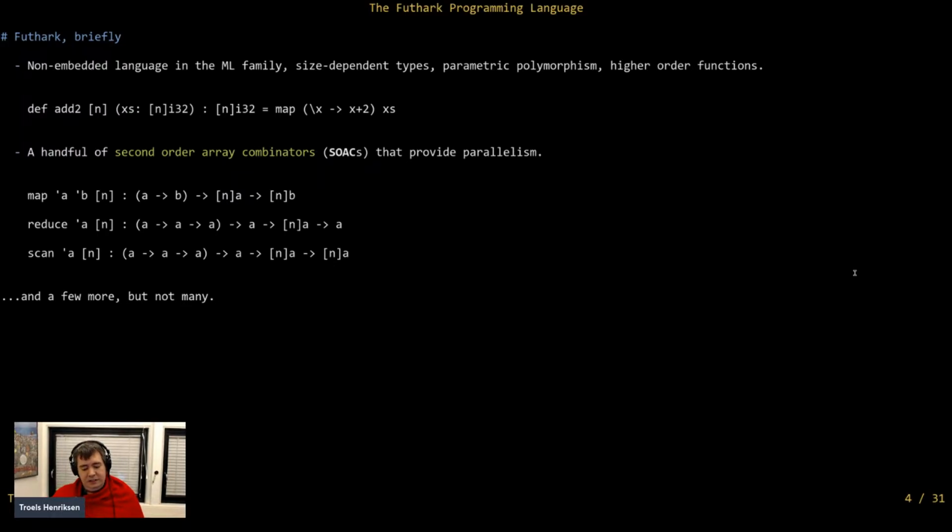So it's very similar in structure and syntax and feel to languages such as OCaml and Standard ML and Haskell and F# and Scala and all these, although it's a lot simpler, which I'll get to. It has some fancy features like size-dependent types. It also has some standard features like parametric polymorphism and higher order functions, although with some restrictions that I will also get to. And a lot of the vision is really that the language is not supposed to be particularly weird.